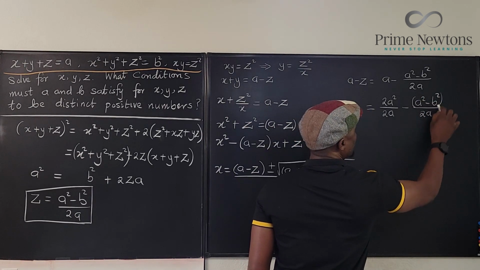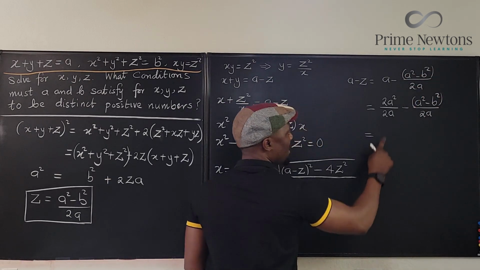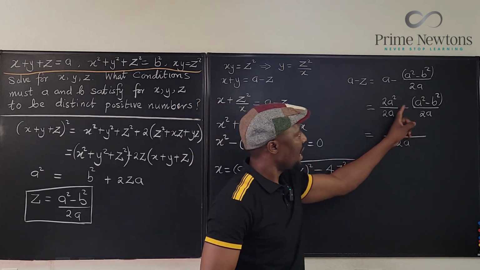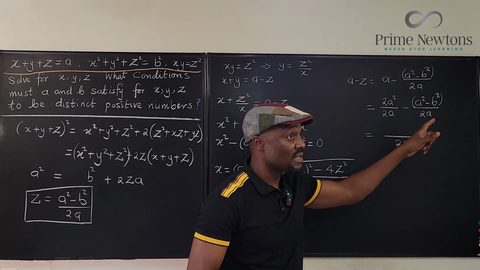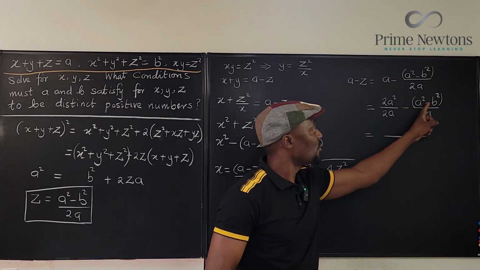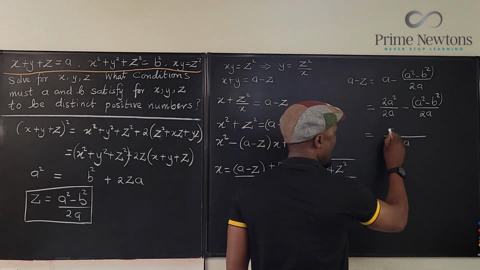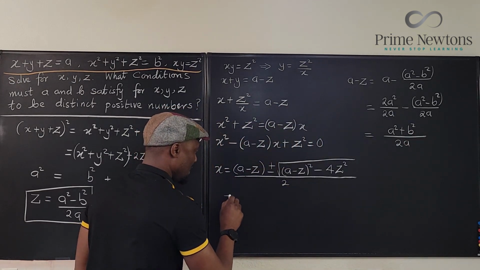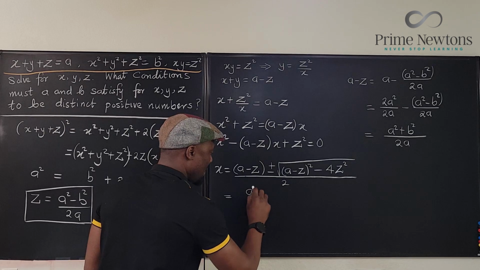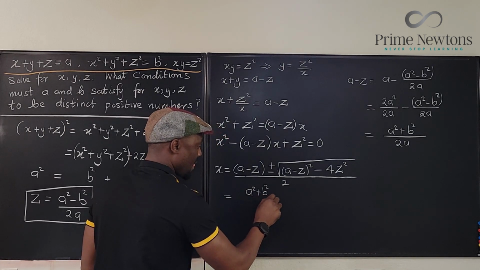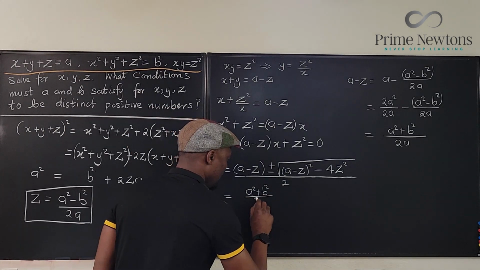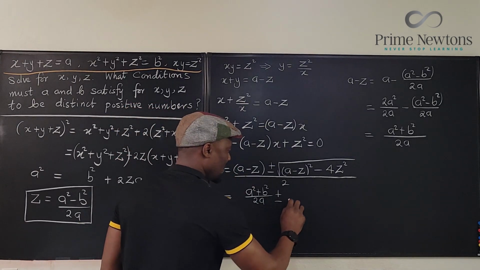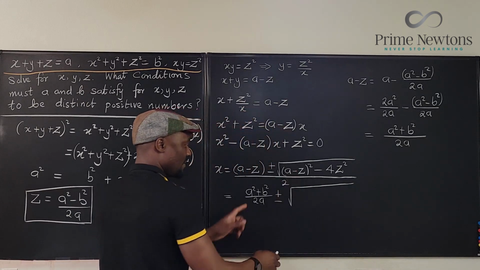Let me put this in parentheses so it helps. What do we have? Well, the denominators are the same. That's 2a, and the top is going to be 2a squared minus a squared, which is a squared, and then this minus will change this into a plus. So this becomes a squared plus b squared. So this first term is actually (a squared plus b squared) over 2a. Okay, so that's the first part here, plus or minus the square root of the same thing,